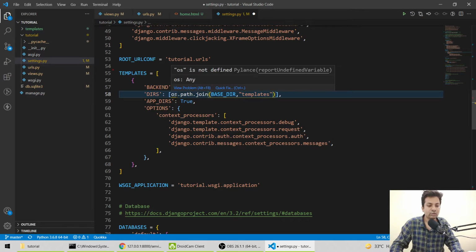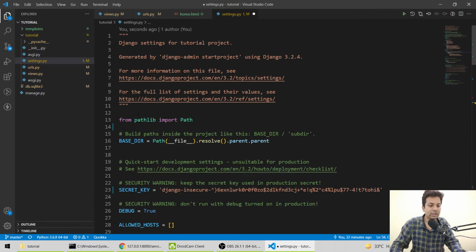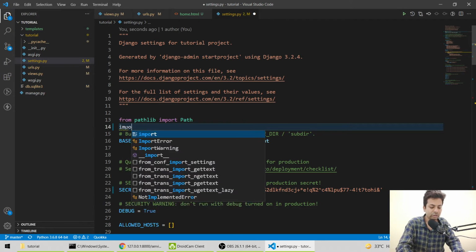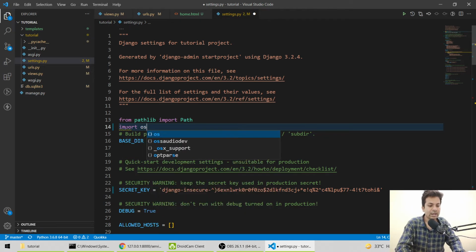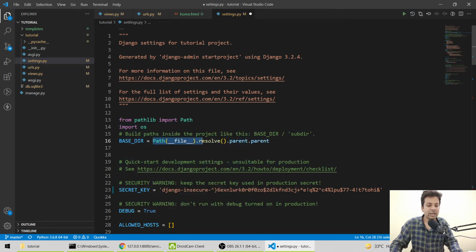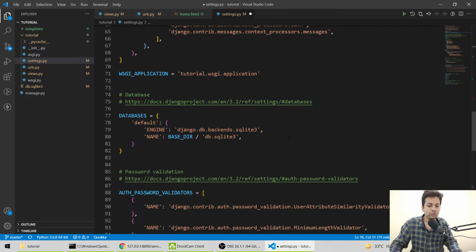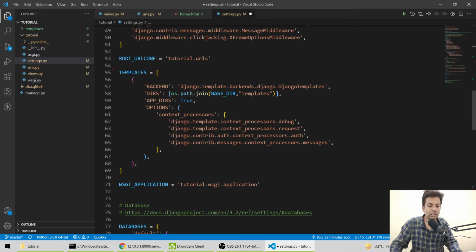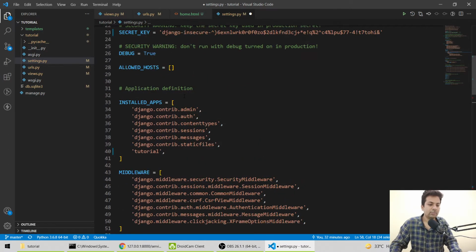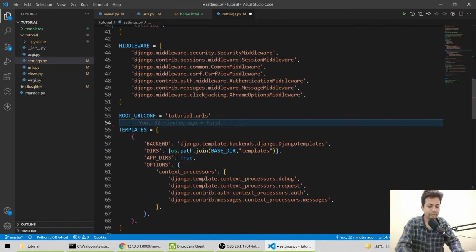Okay, it's showing me an error, os is not defined, so we'll come over and import os. And base directory means this is the directory which I have printed. Let me just show you what it will output if I print it. Let me print templates here.